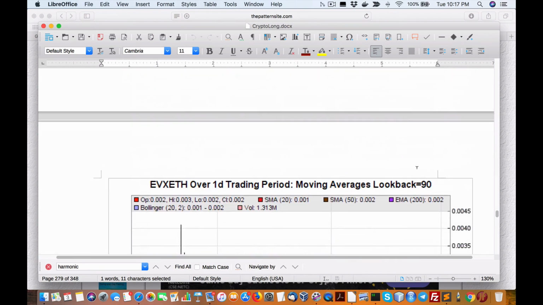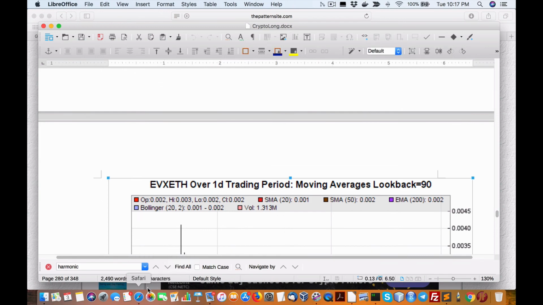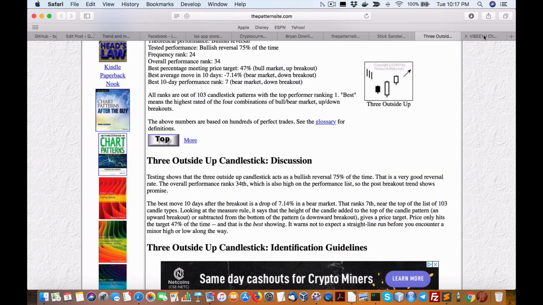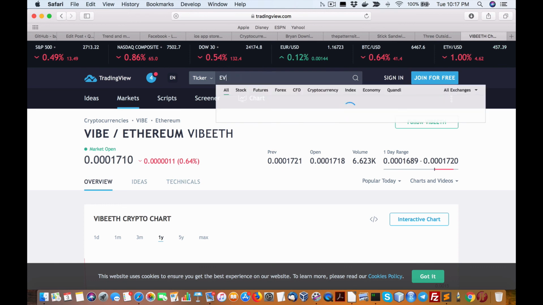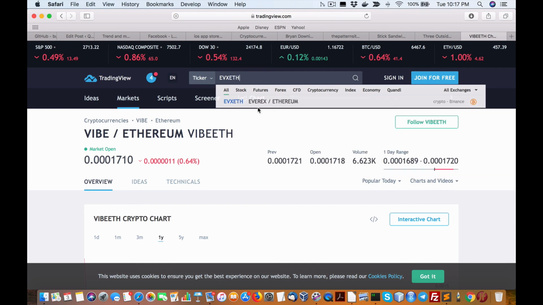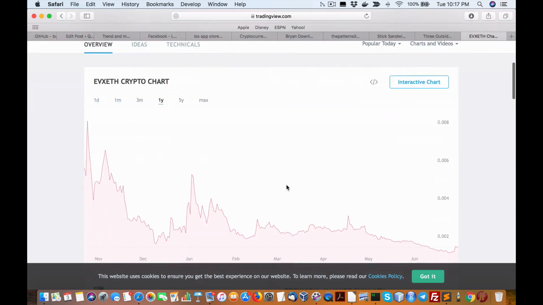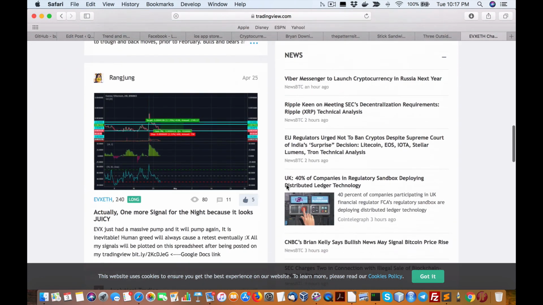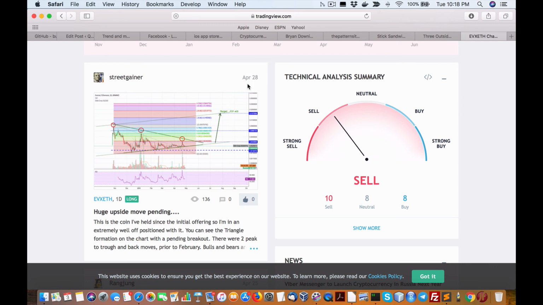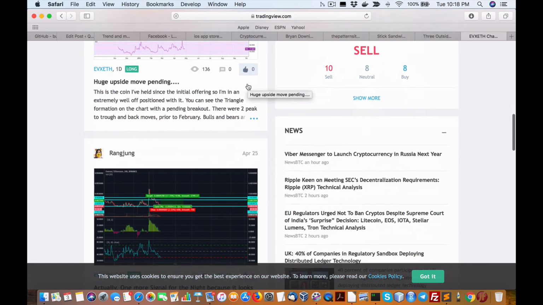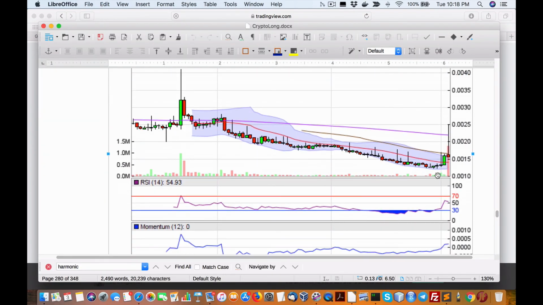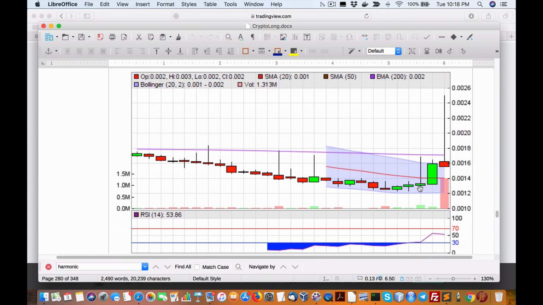So this is EVX Ethereum. Let's see what they say on TradingView. VanEck Vectors Ethereum. Sell as well. Huge upside move pending. This was reported April 28th. It's a little too late for that. Okay, that's quite interesting though that this one may have worked out on these